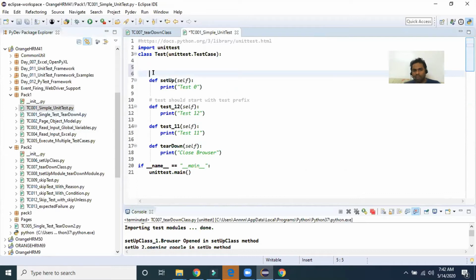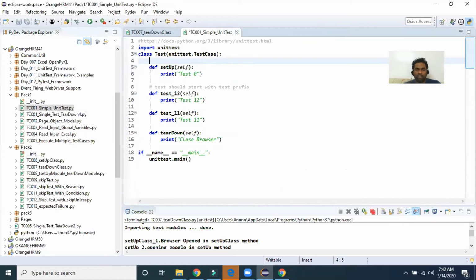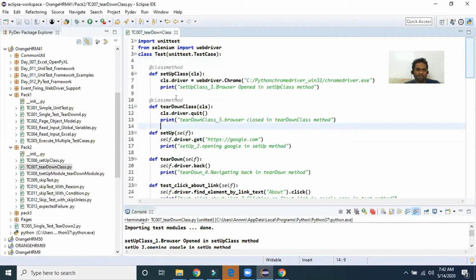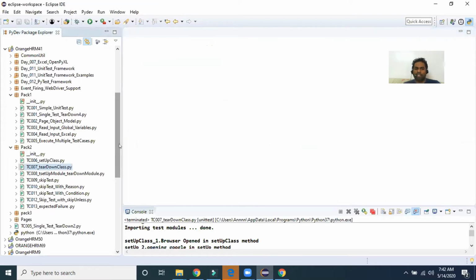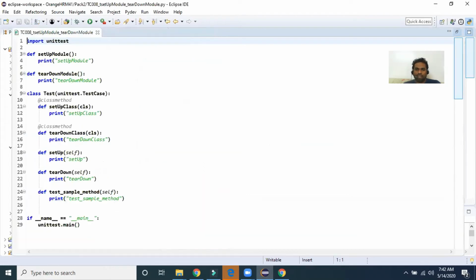In the class, how the methods execute, we saw yesterday. In today's class, along with the setup and tear down, I am writing @classmethod setUpClass and @classmethod tearDownClass methods. That's it, and this is the summary of how the class methods will be executed. We understood. Now let's see the next program. These are the additional features in the unit test framework, but they are not required first; we first have to know the basics.